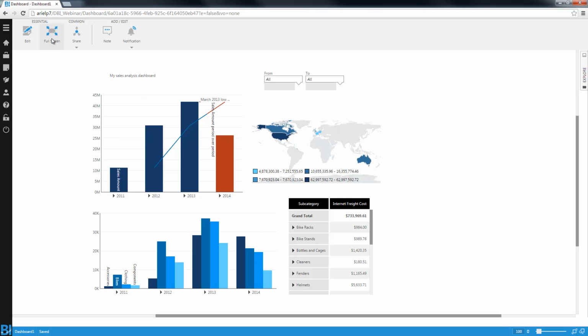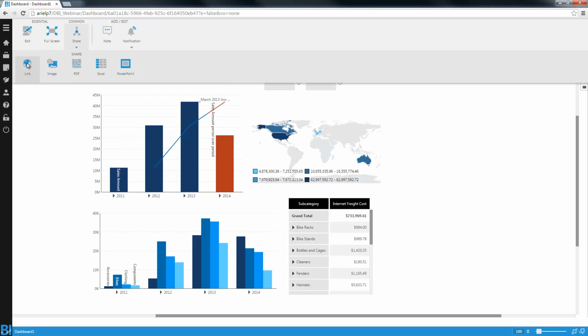And here I can talk about the different options that I can now use to share and communicate this dashboard with other users. For example, I can open the share menu and just send this dashboard as a link to additional users. I can also export that into PDF, Excel, or PowerPoint. If I'm happy with this dashboard and I want to get on a schedule basis, I can just use the schedule notifications, and this will send me a report, again, using any one of those export options, maybe an Excel spreadsheet with the data in this dashboard sent to me on a daily or a weekly basis